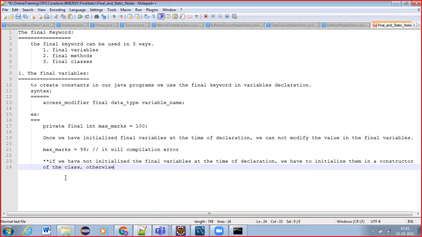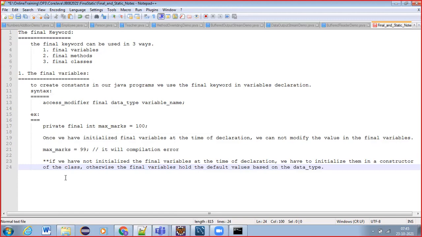Otherwise, the final variable holds the default values based on the data types.